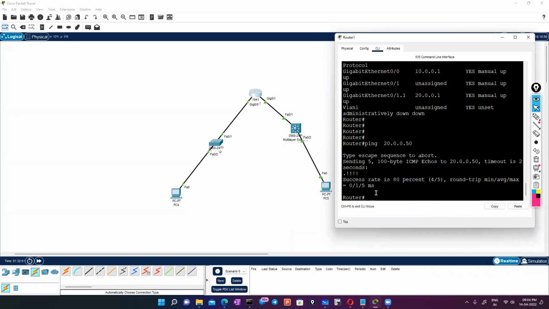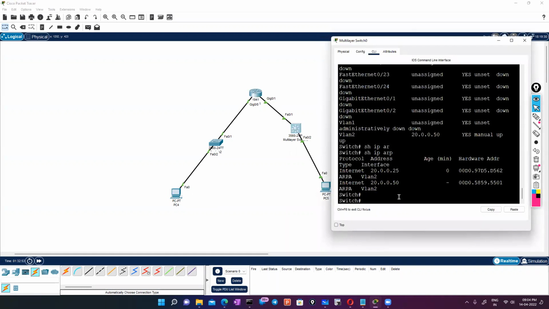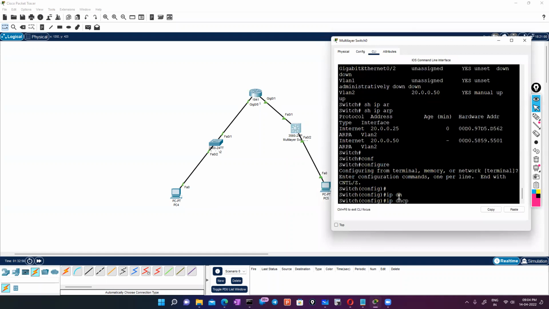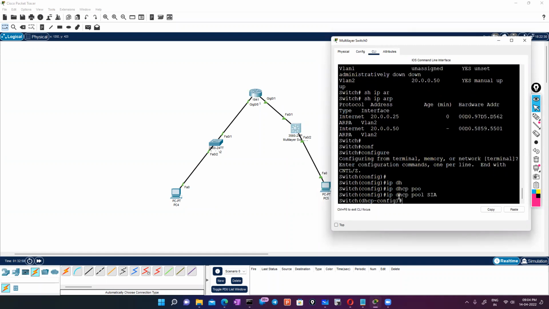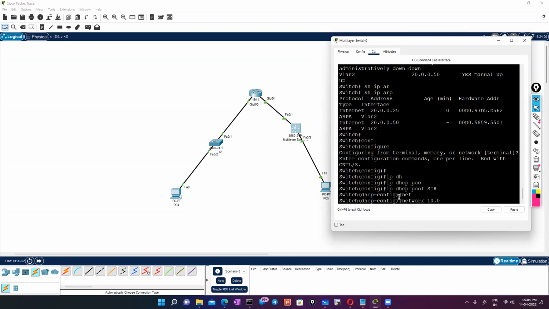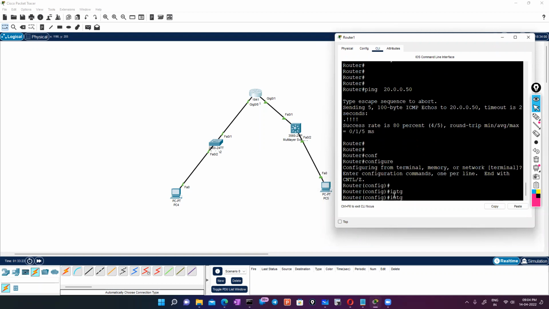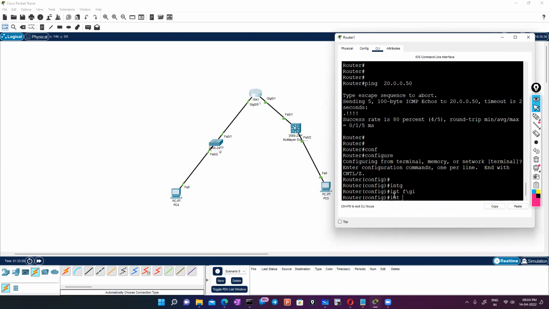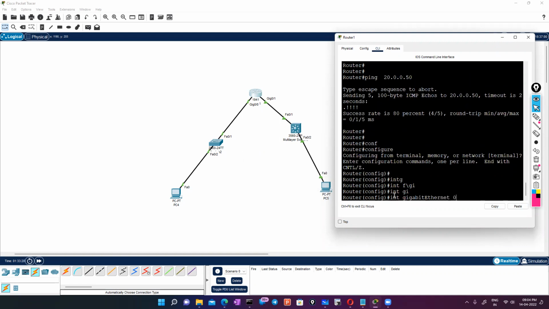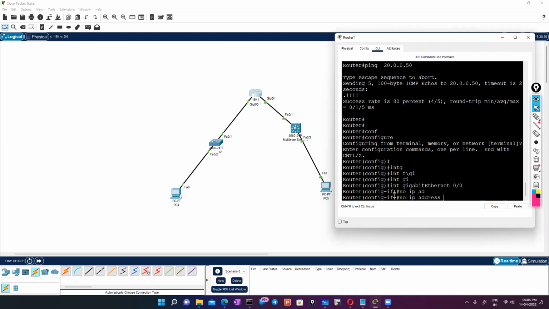Okay, now I can ping. Let me create a DHCP pool, and then network is 10.0.0.0. So this is for the 10 network, right? Let me try to put it here. Let me create that, it would be better. So interface Gi 0/0, no IP address,